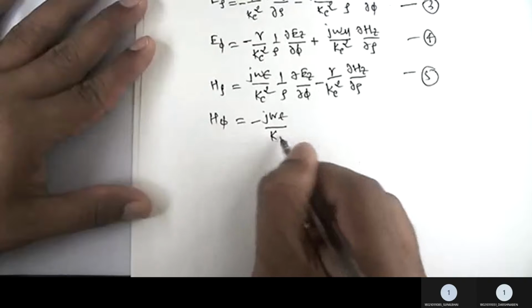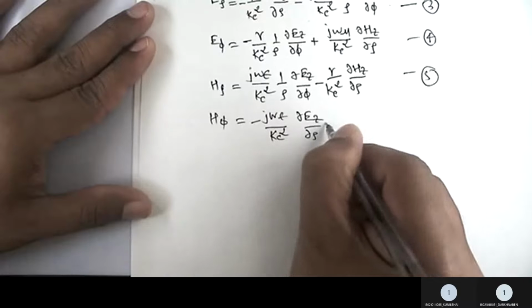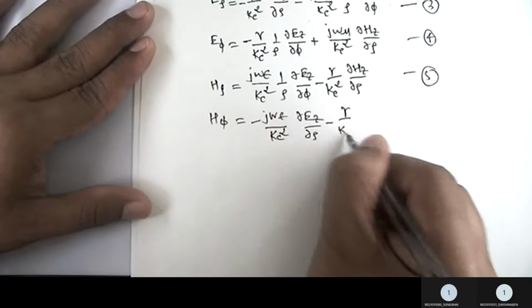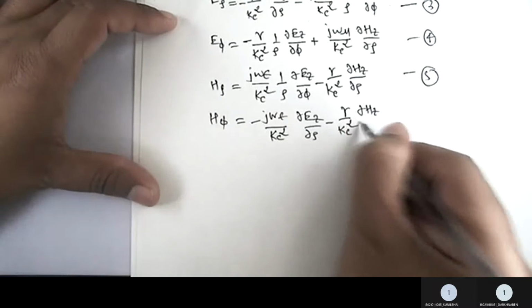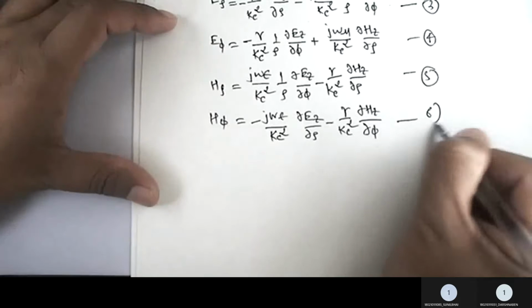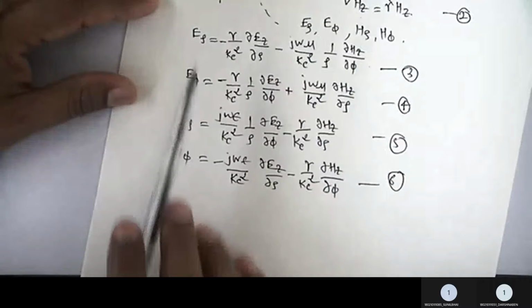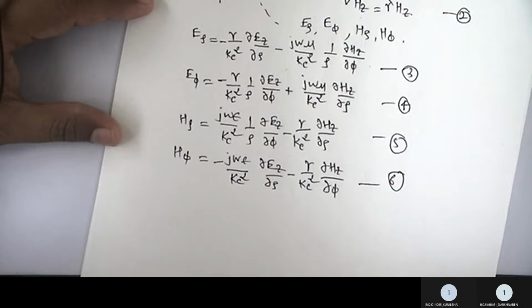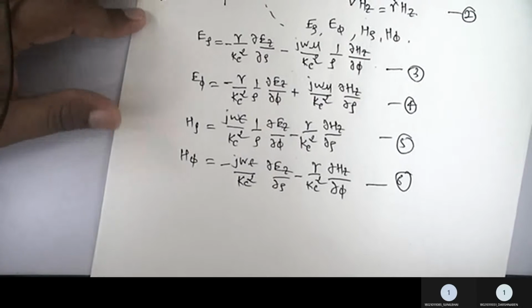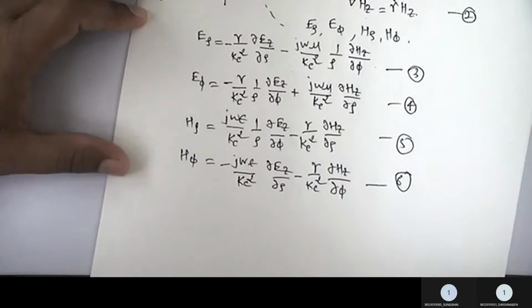So minus j omega epsilon by kc square del Ez by del rho minus gamma by kc square del Hz by del phi. In short, the components that we are looking for, the TE and TM waves, are nothing but Ez, Hz, and then E rho, E phi, H phi, and H rho. So for obtaining these field components in terms of the circular waveguide, and particularly for the TE and TM waves,